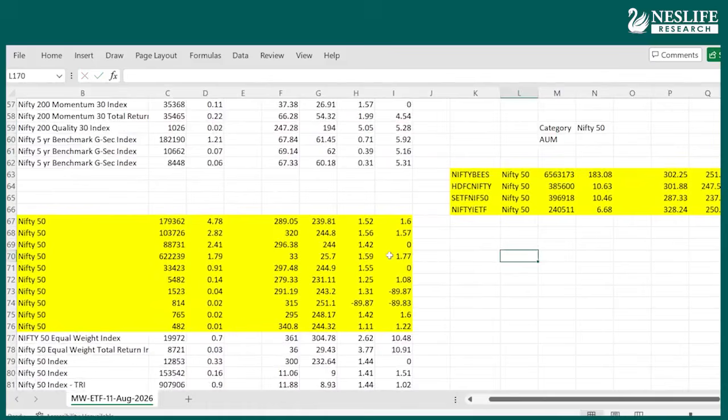Usually, if there is a high value transaction, obviously its AUM should be high. So this value gives us a proxy that AUM must be high. You can check as well, but if volume is high, automatically AUM will be high. So this gives the liquidity, and then what remains is the expense ratio and tracking error, tracking difference.